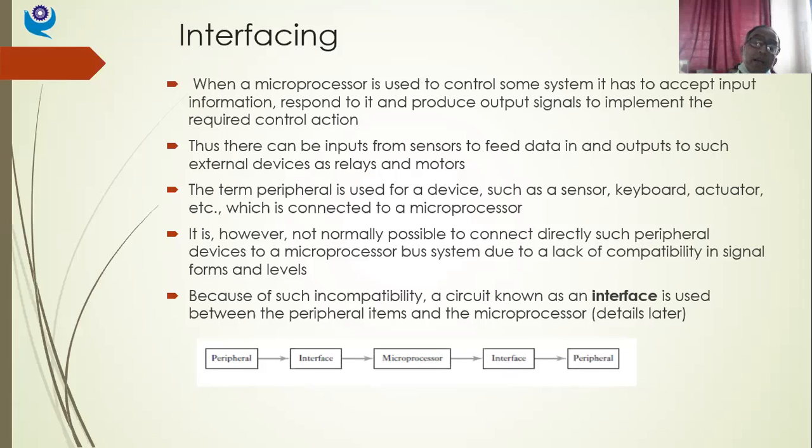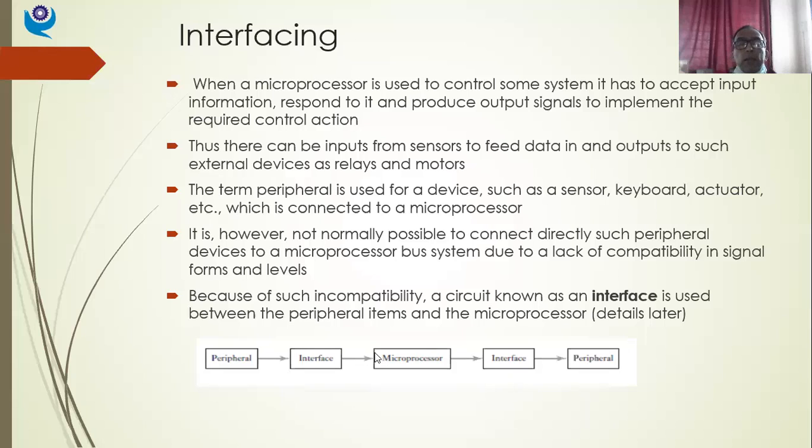I need some interfacing circuitry or interfacing devices, so that whatever inputs I am giving through sensor transducers or through my keyboard, through my mouse, whatever are the system inputs, those should be processed properly and made appropriate and compatible for the microprocessor to receive. So from the input side, we require interfacing circuitry or interfacing devices.